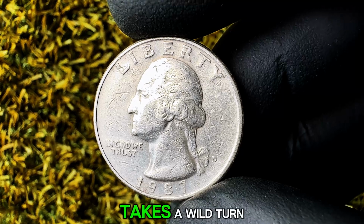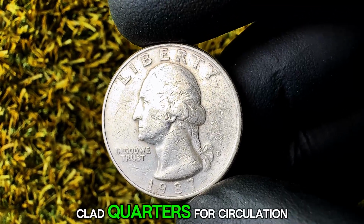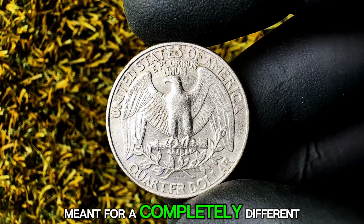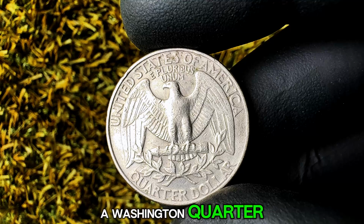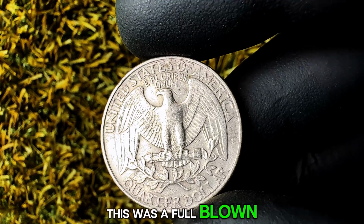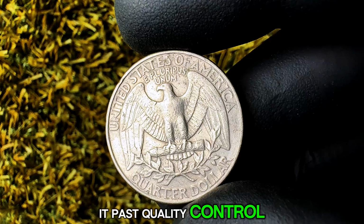Here's where the story takes a wild turn. While the Denver Mint was producing clad quarters for circulation, a rare mishap occurred. Somehow, a silver planchet, meant for a completely different type of coin, was accidentally used to strike a Washington quarter. This wasn't a test piece. It wasn't a commemorative issue. This was a full-blown minting error, a rogue coin that should have never made it past quality control, and yet,